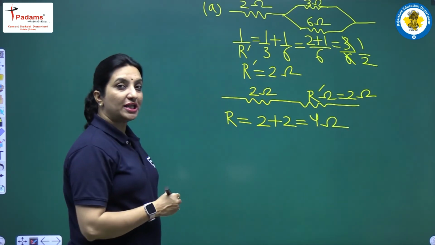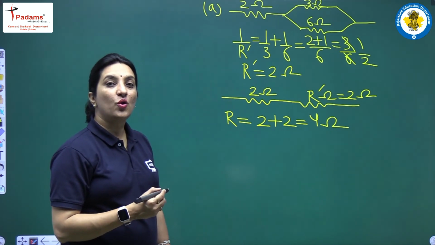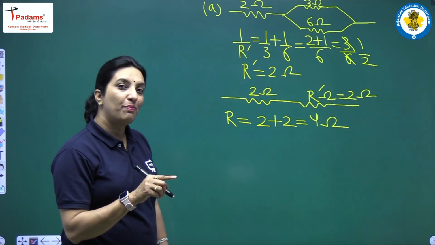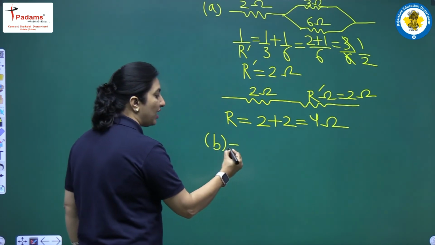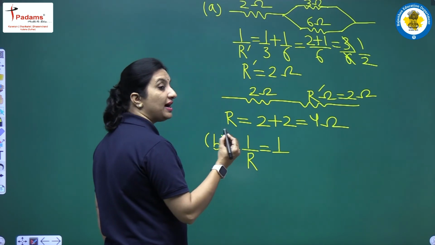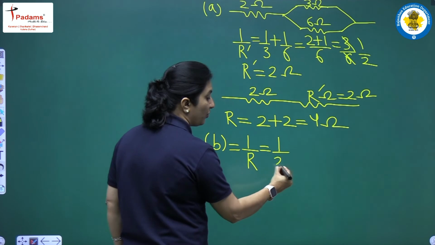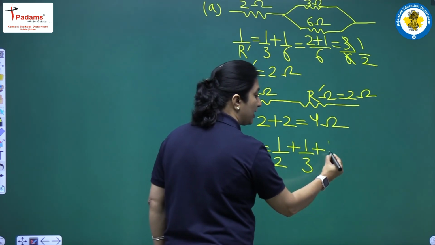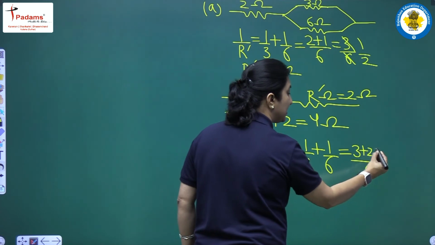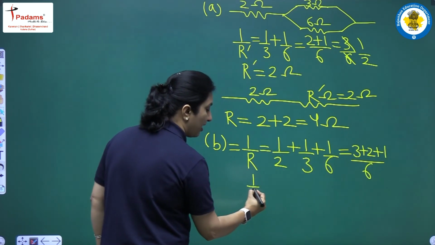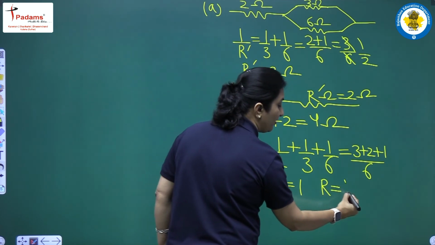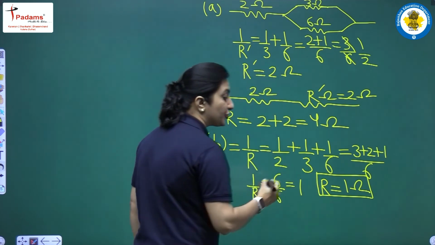अब बी पार्ट के सॉल्यूशन में हमें क्या चाहिए था? हमें चाहिए था कि इनको मैं कैसे कनेक्ट करूं, 2 ओम, 3 ओम और 6 ओम को, कि मुझे 1 ओम मिल जाए। तो मैं तीनों को पैरेलल में कनेक्ट कर दूंगी। सो बी पार्ट के लिए अगर तीनों रजिस्टर्स पैरेलल में कनेक्टेड हैं, तो एक रेजिस्टेंस तो हमारे पास में क्या था? 2 ओम्स का, एक था 3 ओम्स का और एक था 6 ओम्स का। तो 1/2 + 1/3 + 1/6। एलसीएम लेने पे स्टूडेंट्स 6 आएगा, 2 3 जा 6, 3 2 जा 6 एंड 6 1 जा 6। सो 1/R हो जाएगा 6/6 यानी कि 1। तो R जो इक्विवेलेंट रेजिस्टेंस है वो हो जाएगा 1 ओम।